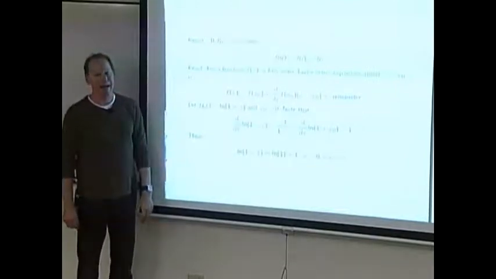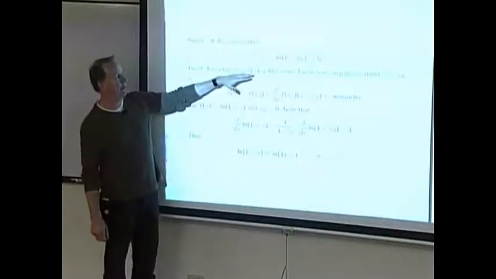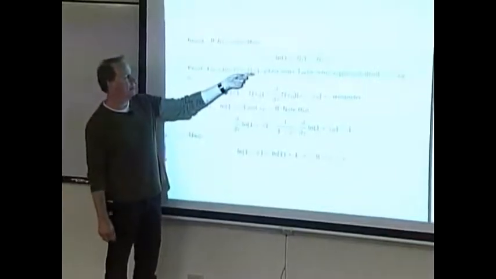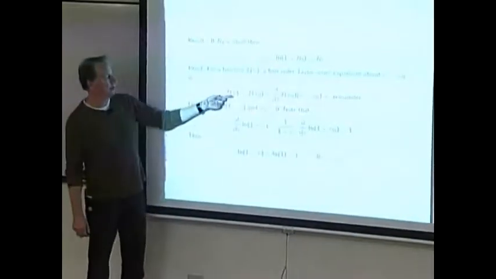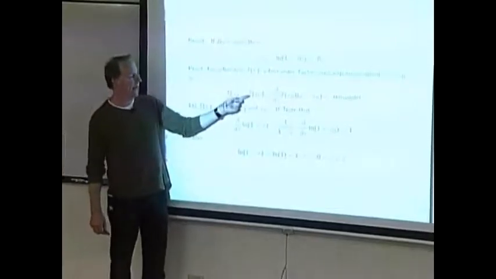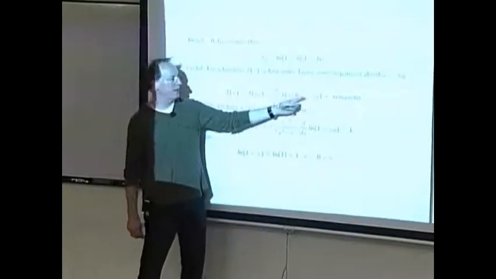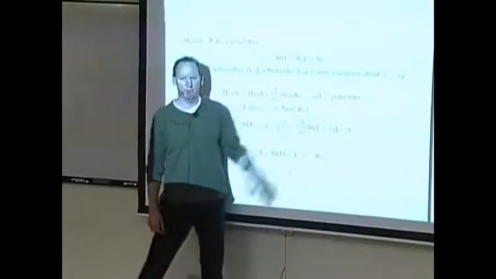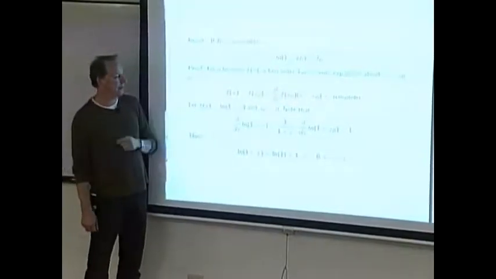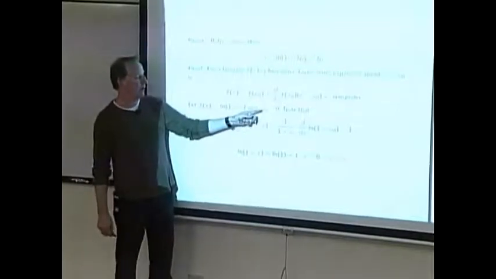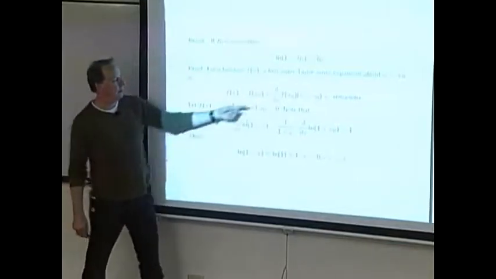So if you remember from calculus, Taylor series approximation says if I have a function f of x and I want to approximate this function at some point, say x equal to x0, the Taylor series approximation says f of x is equal to f at x0 plus the derivative of the function times x minus x0 plus some remainder term. Okay? Now, if we take our function f of x to be the logarithm of 1 plus x, and we take the point that we want to evaluate the function at x0 equal to 0, then let's just plug